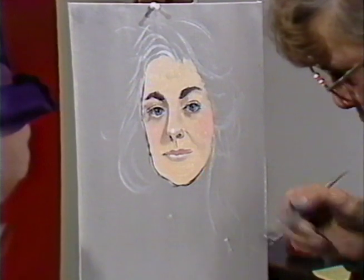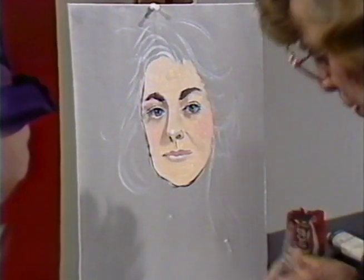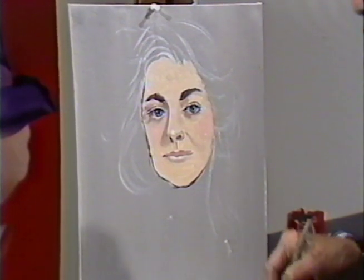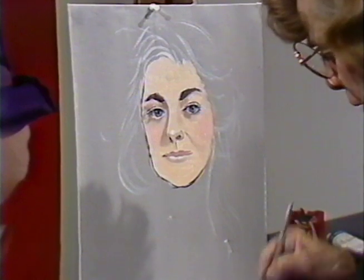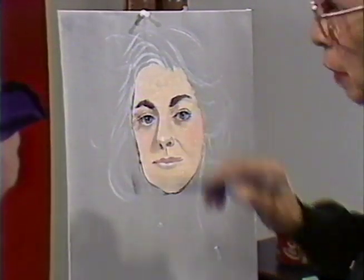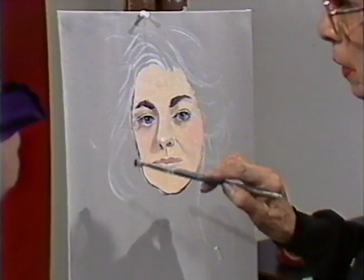It's a very special kind of problem, because hair is unique. It is not like anything else. It isn't like grass or string or fabric of any kind. It isn't woolen, it isn't silky, it's just all by itself, and it needs to be attended to with a tremendous amount of understanding that it isn't like anything else, and therefore you're not going to try to fake it by saying, well, if you just make it look a little bit like something, you'll get it. That's not so. It's got to be done with a great deal of observation,